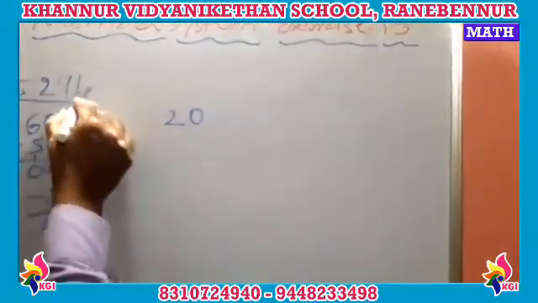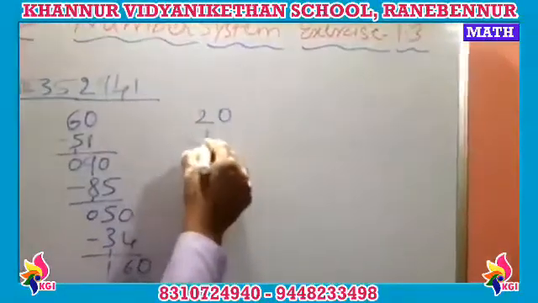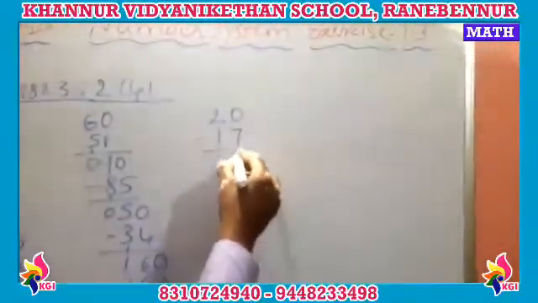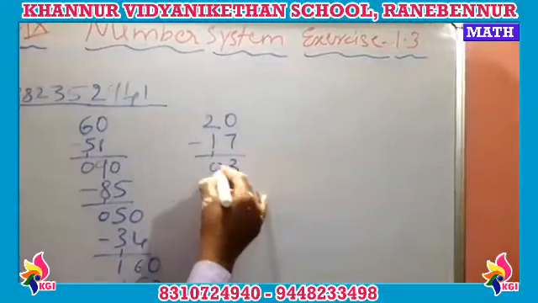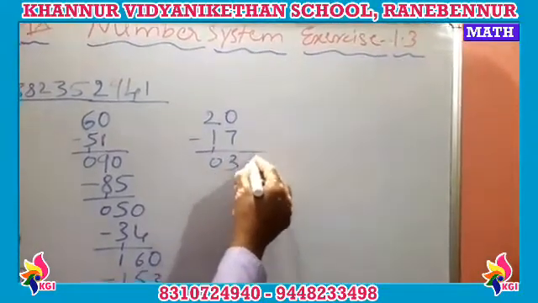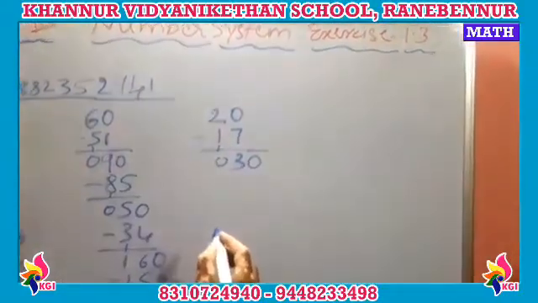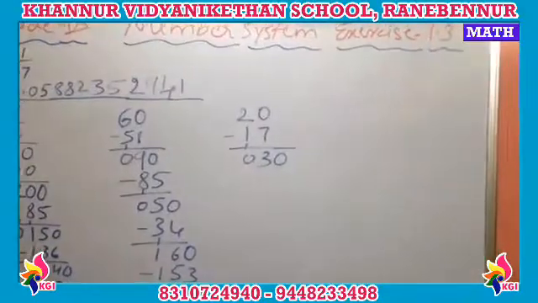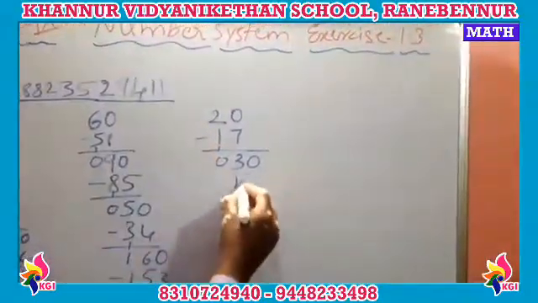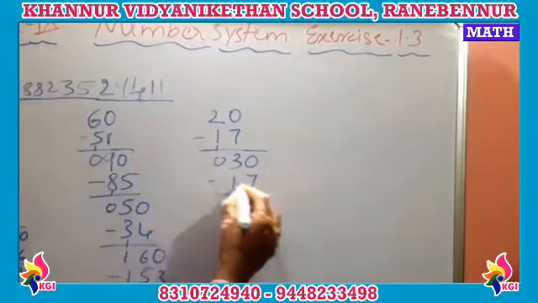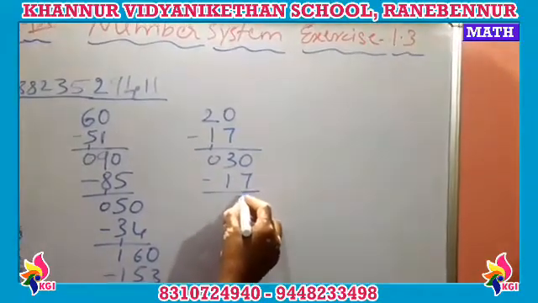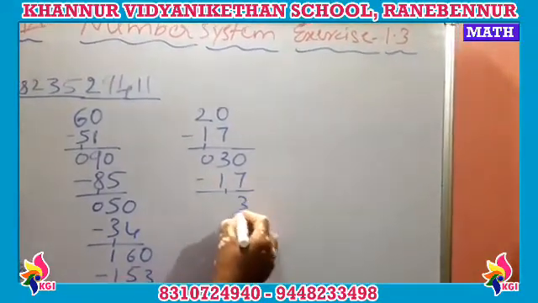So the next, again I need to go for 17 ones are 17. So I have remained with a 3 only. Okay, so then next, as I already put a point, I can take up a 0. Okay, then again 17 ones are 17. How much am I remaining with? 10 minus 7 is 3.